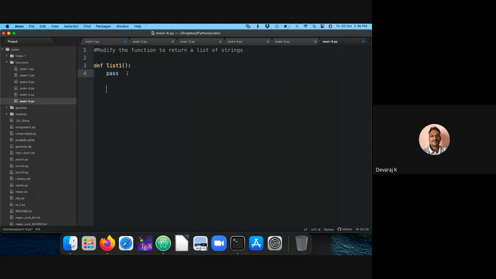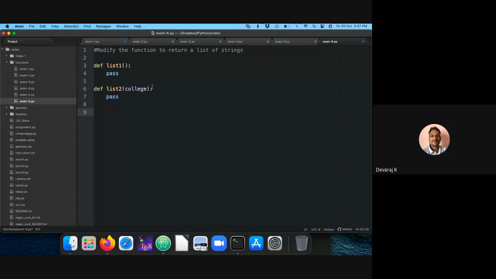Now I have a different definition. Let me call this list2. Within that, I'm going to define some word, maybe college. So what I'm trying to do is define one word here. That's a string. What is that college? It's a string. Then this also I need to pass. Whenever I want to call that particular thing, if it is not there, it has to pass to the next statement.